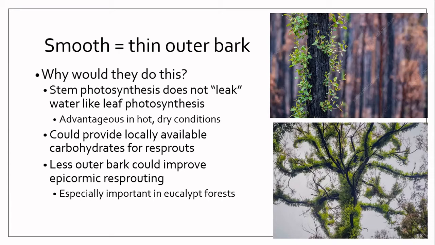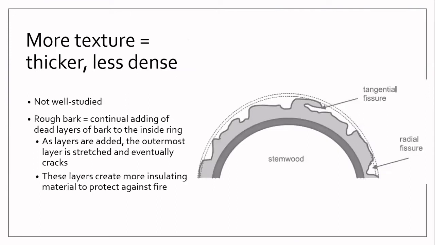And so it may aid in this epicormic resprouting, which eucalypts are really known for, which helps them take over the vacuum that's caused by crown damage after fire. More texture, conversely, compared to smooth bark, really kind of means thicker, less dense bark, but it hasn't directly been studied. This is just sort of